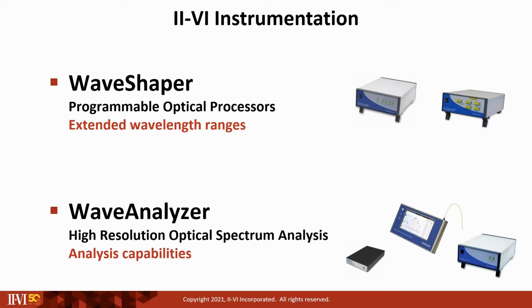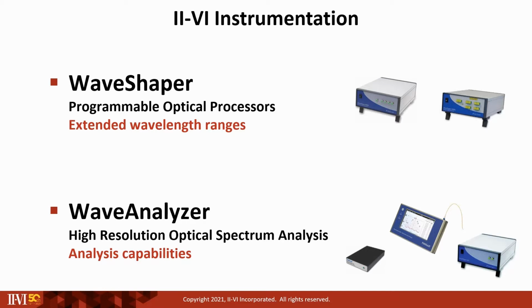Next, I'll cover our Wave Analyzer family of high-resolution optical spectrum analyzers. The Wave Analyzer family combines high-resolution measurements together with fast scan rates. Measurements with a resolution as precise as 180 MHz can be taken with scan rates of up to 10 Hz. I'll introduce you to each of the Wave Analyzer models and provide an overview of the various analysis capabilities available